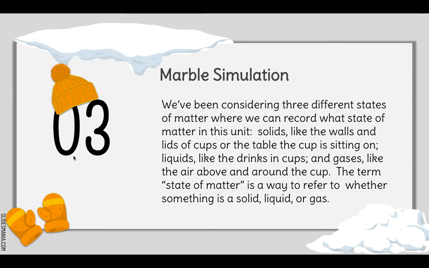The marble simulation. So, task number 3. We've been considering 3 different states of matter in our unit whenever we can. For things like solids, like the walls of the lids and the cups, or the table that it's sitting on, we have thought about solids. We have liquids in this system, like the drinks in the cups, and gases, like the air above and around the cup. The term state of matter is just a way to refer to whether something is a solid,